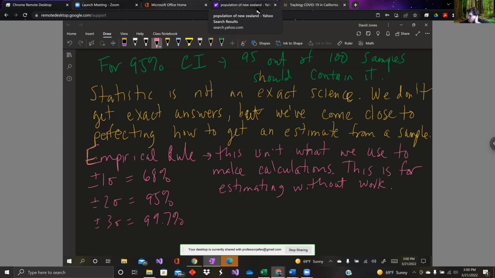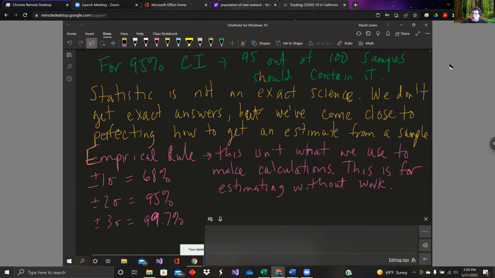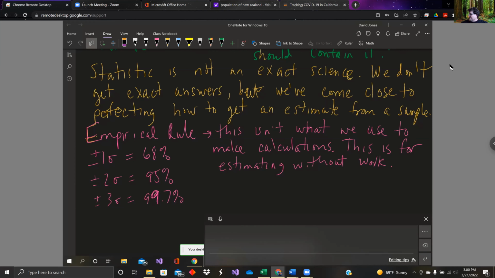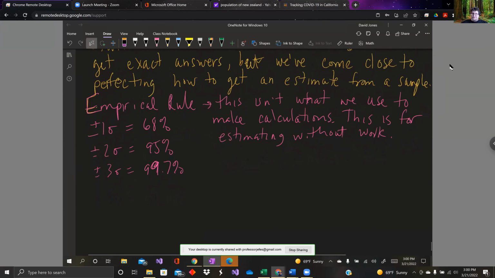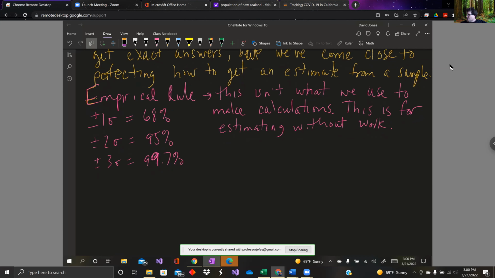Now, no one ever wants to be 68% confident, okay? 68% confident is garbage. That means you're wrong 1 out of 3 times. 68% is a failing grade in any class that you take. D's are failing grades. It may count as a pass, but you can't take the next course, things like that. So what kind of percentage ranges do we look for? We look for, hopefully, 90% or higher. So let me give you some numbers for 90%, 95%, 99%.